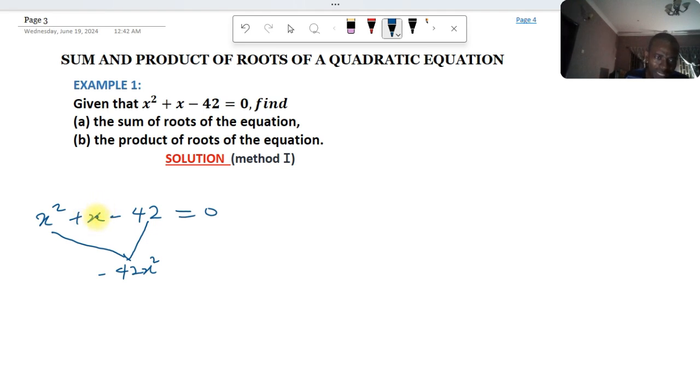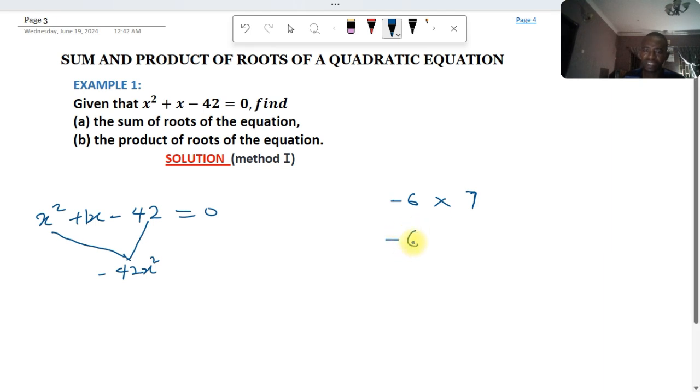Now I have only one x here, which signifies I have just one x. A single x and just x is the same thing. So I think the better factors that will suit us here are minus 6 and 7. Minus 6 times 7 will give you minus 42, and when you remove this multiplication sign and add them together,